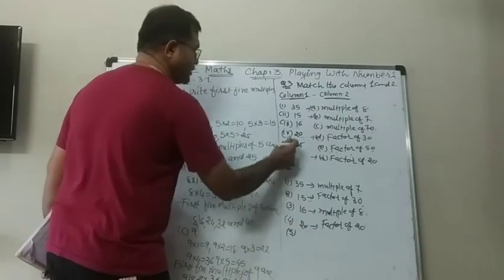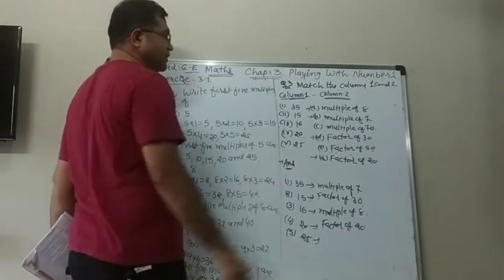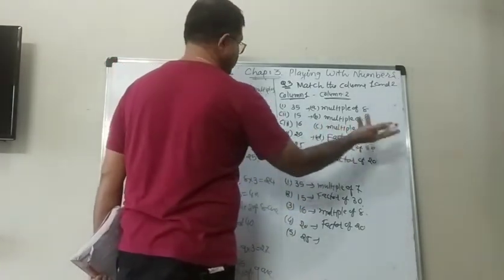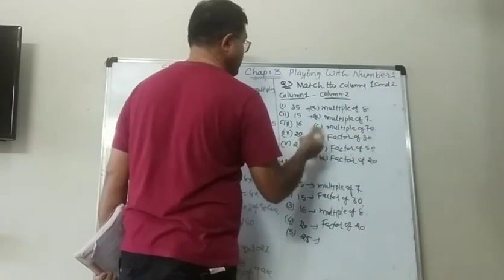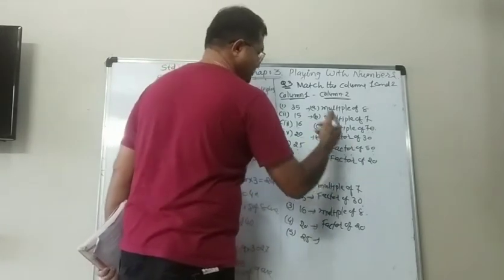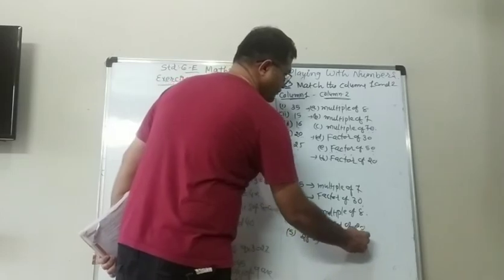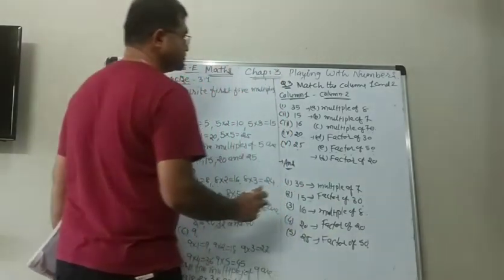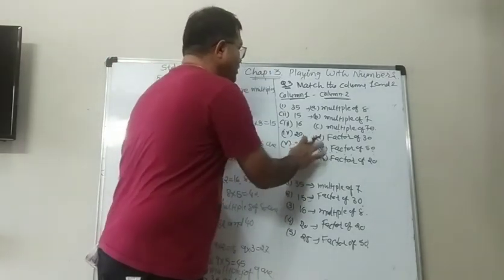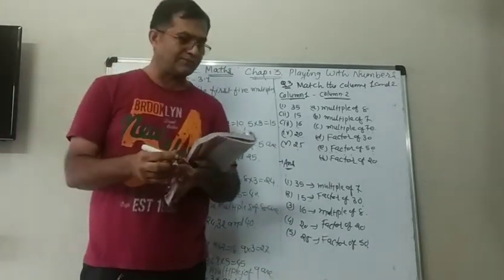The last one, 25. Now there are two options remaining, either C or E. So you can see that multiple of 70, it cannot be factors of 50. Yes, 25 2s are 50. So 25, it already gets the answer in front of it. So the answer is factor of 50. So it is very simple. We have to check one by one what are the answers, and then we can match these columns.